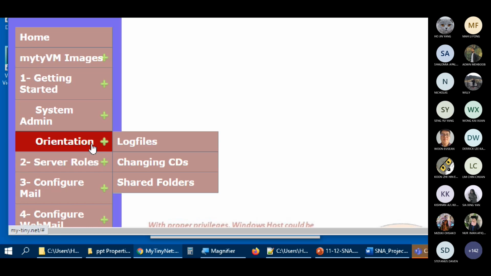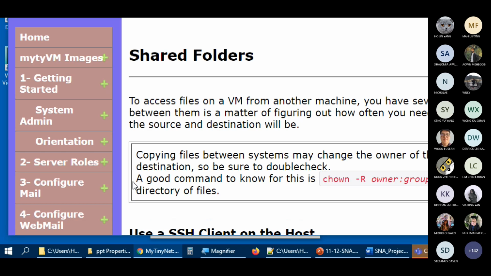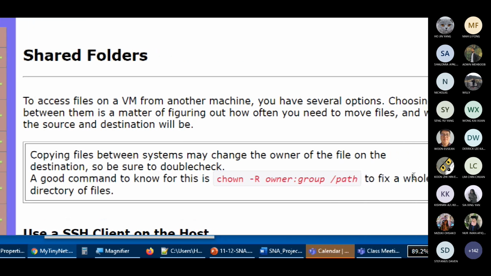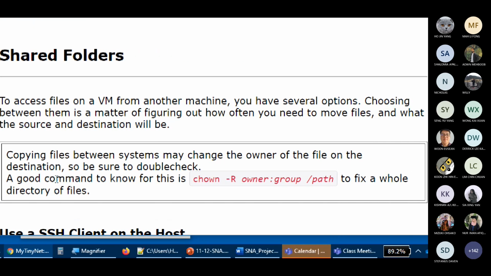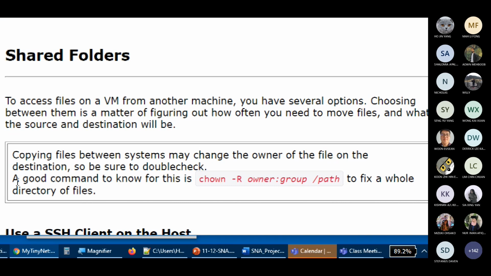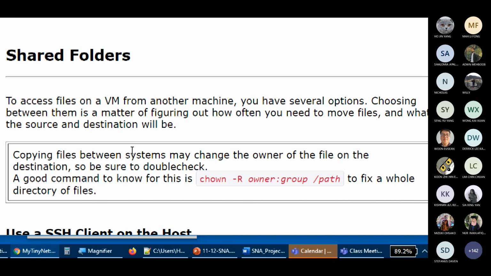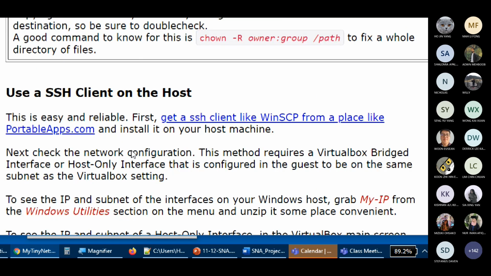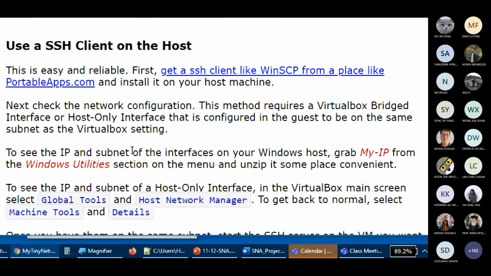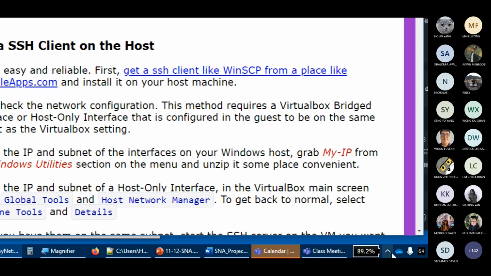Here in orientation and shared folders, it gives you the full story about sharing folders between machines. And there's various ways to do that. One way, and this is really the easiest way, if you want to move things off your Windows machine and onto a virtual machine, just go to